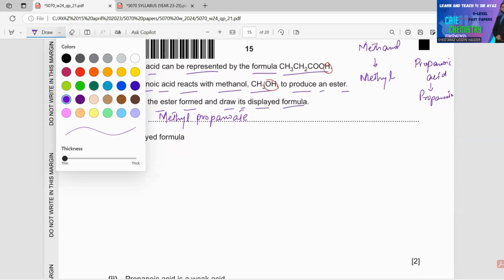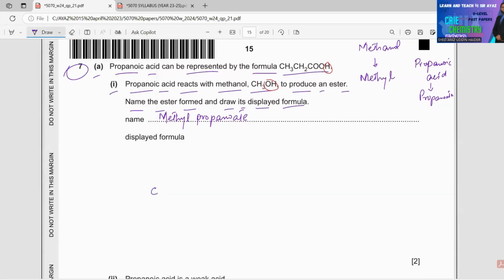So methyl will be the methyl group C with 3 hydrogen atoms, and it's going to attach to the carboxyl carbon, C double bond O. Now you have CH2 and CH3. Placing hydrogen atoms, this will be the final displayed formula